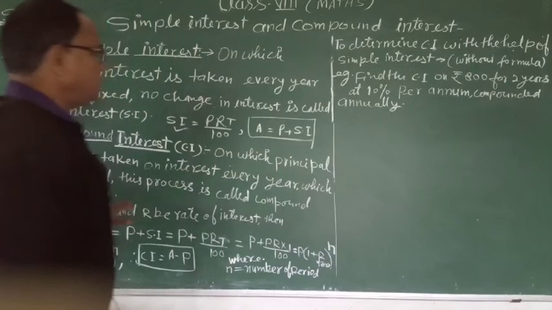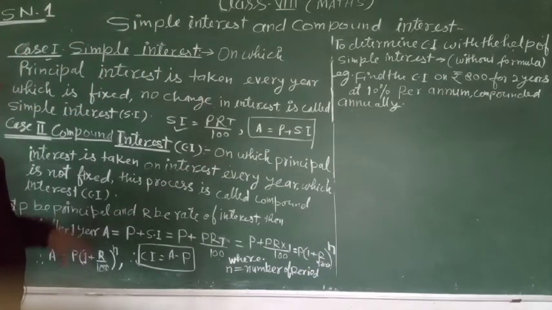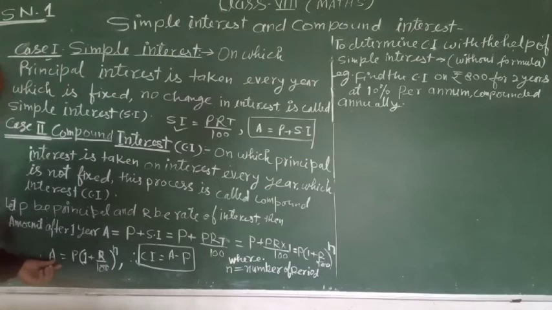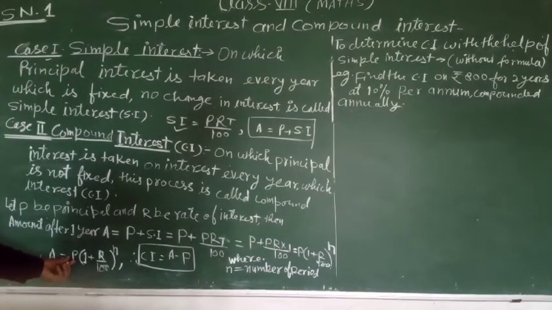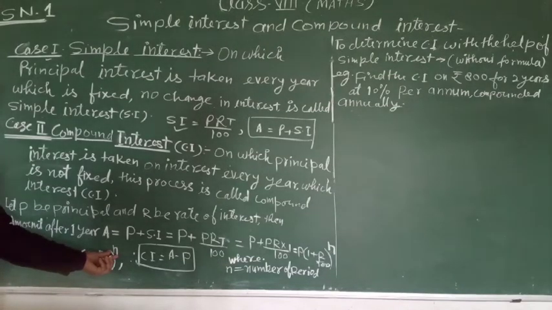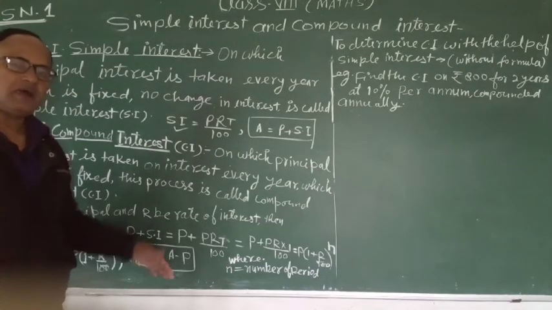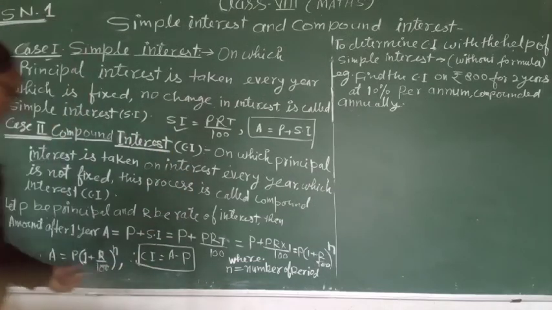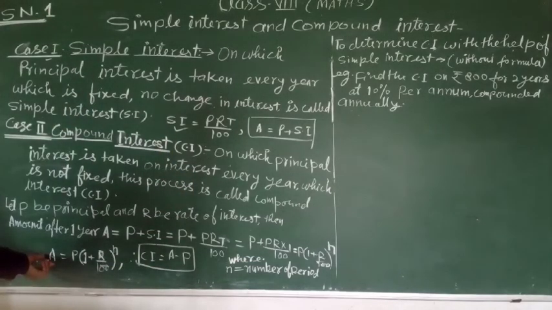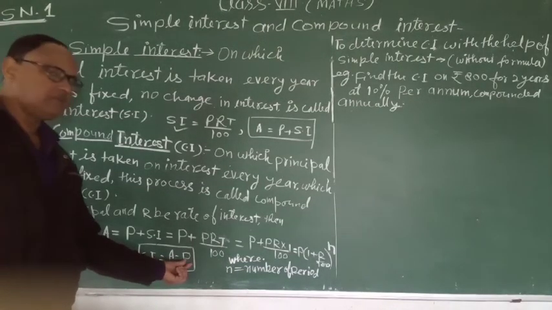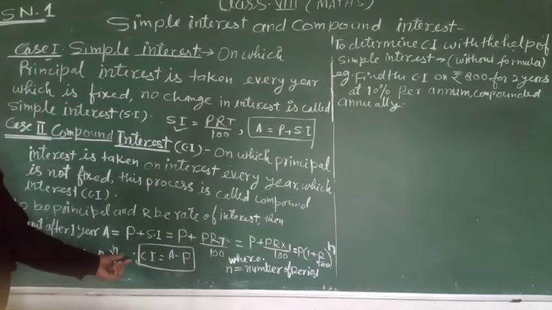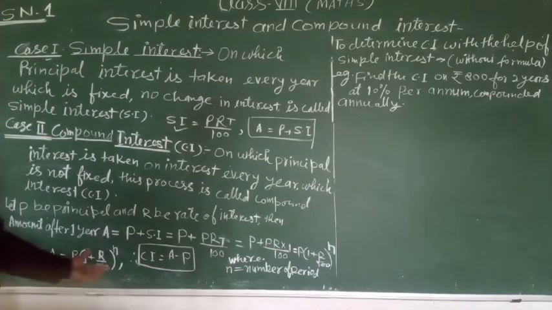Thus we get the compound interest. Here, by this method, we get the formula A is equal to P into 1 plus R by 100 power N, where N is equal to the number of periods, 1 year, 2 year, 3 year, 4 year and so on. Okay. After this we get the amount, then we get compound interest. Compound interest is equal to A minus principal money. Okay. Then we get the compound interest by this formula.